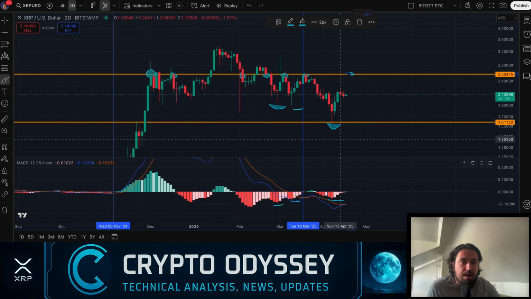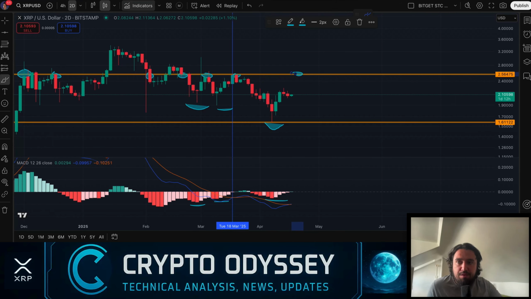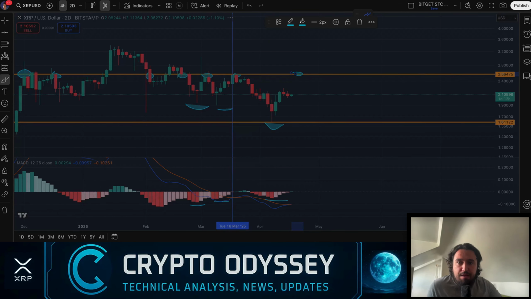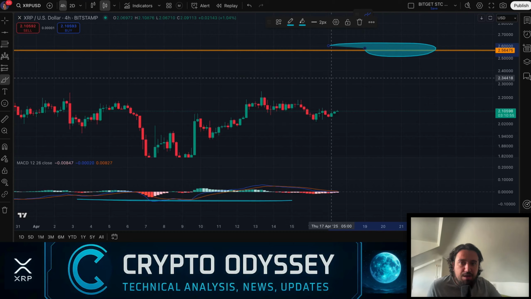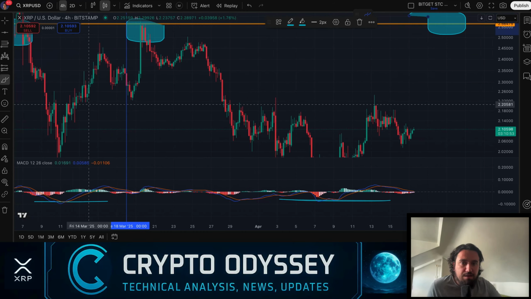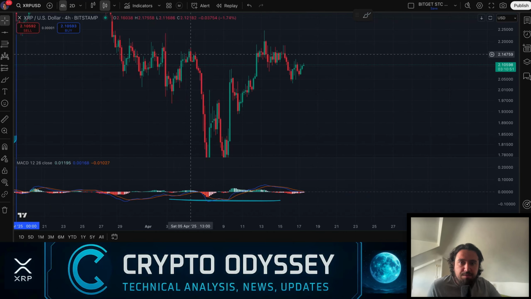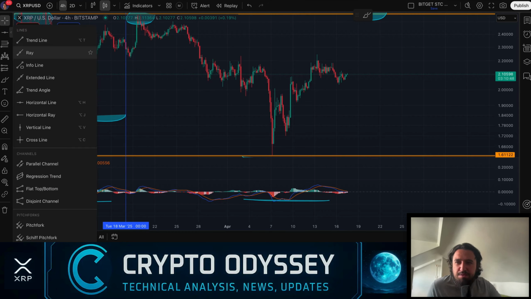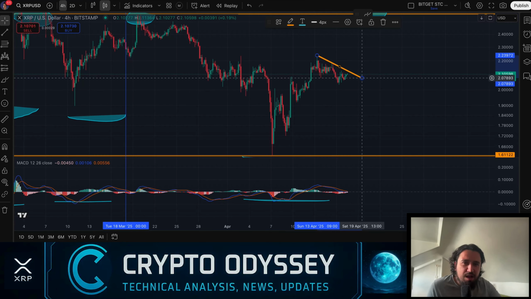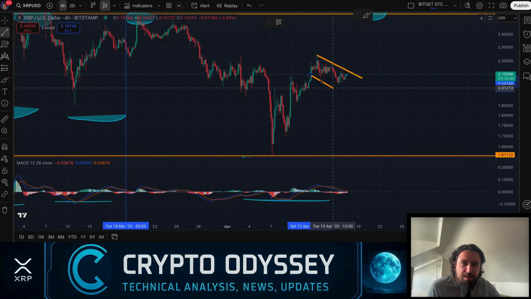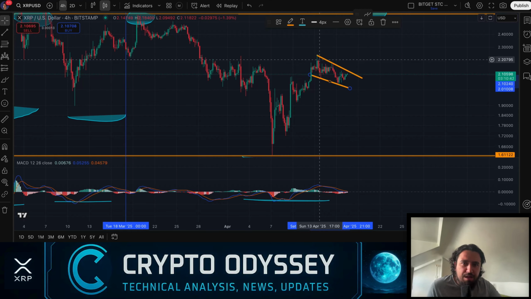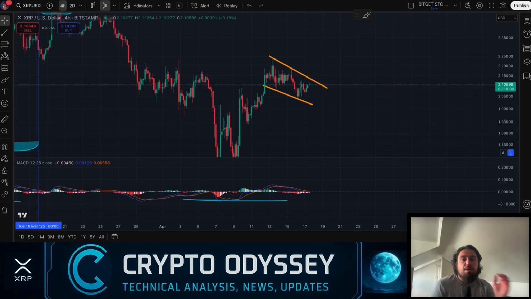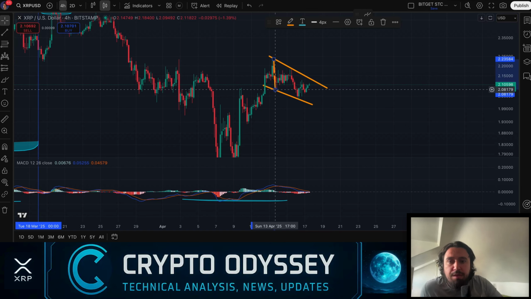However, obviously there are levels that we need to break out before that. I just want to dip down into the lower time frames because we are seeing something develop on the lower time frames. Now, this is looking like some kind of wedge, however you might want to call it. It could just be a descending channel where the price action, if it were to break out, would be,